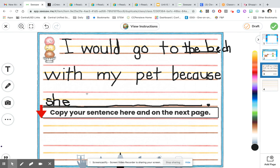likes, finger space, likes, L-I-K-E, like, likes, finger space, the waves. The T-H-E, the, finger space, waves,